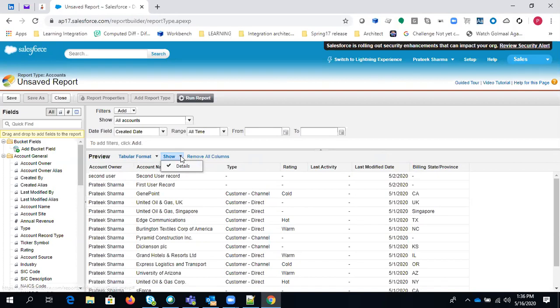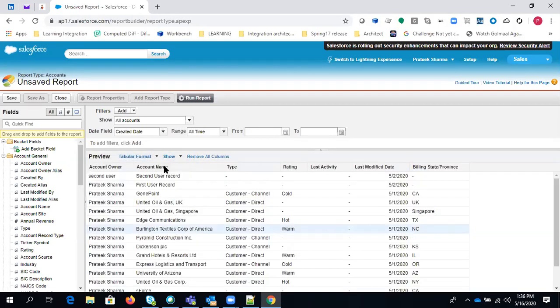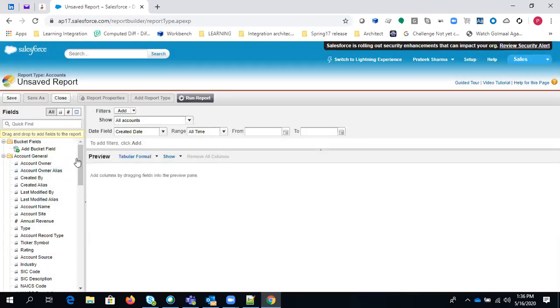And the third section is show all the details or not. It means if you want to show the records or you just want to show the summarized field, it will give you that information. Remove All Columns will remove all the default columns added by Salesforce. If I hit this, it will remove all the columns from the report, and you can simply drag and drop the columns you want.